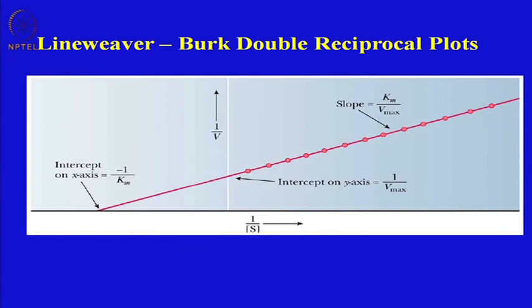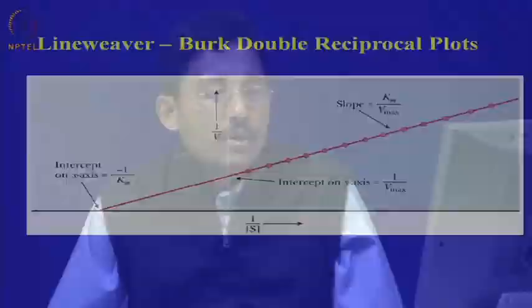So, this hyperbolic plot is sometimes difficult to deal with. Therefore, we have a double reciprocal modification of this. When you do a double reciprocal plot, it becomes a linear plot, and from the slope, intercept, and x cutting point, we can find out the value of Km and V max. Okay. So, that is all about